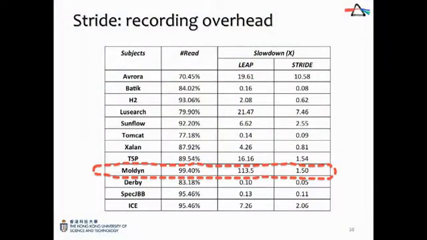In particular, in this subject, Leap incurs 100 times overhead, where Stride can really drive it down to 1.5. So this shows that relaxing the synchronization on all the reads actually has a huge performance impact on the recording overhead.